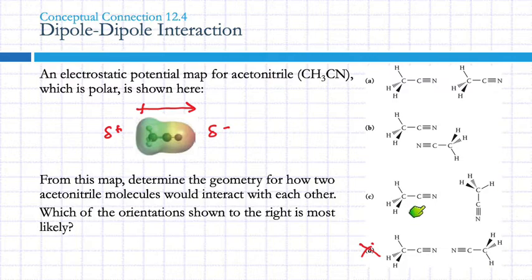What about this? Well, here we've got the negative end, and this one's just kind of sideways. That doesn't look very good. How about this? Here we have a negative end and this negative end, they're kind of overlapping. Or up here, we have the negative end near the positive end. So when they're arranged like this, we're going to get attraction between the two molecules.